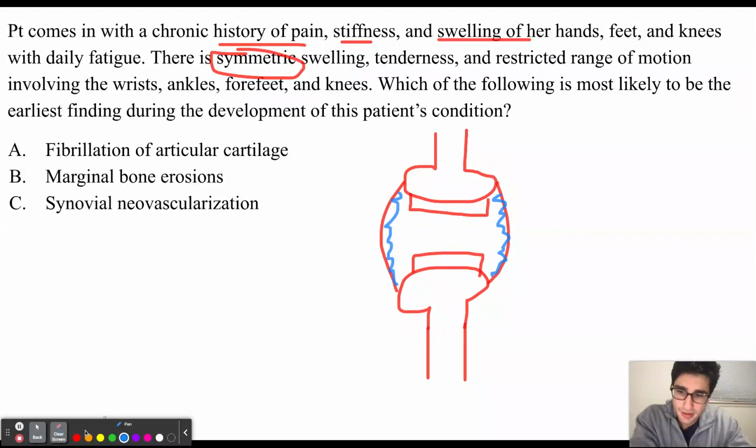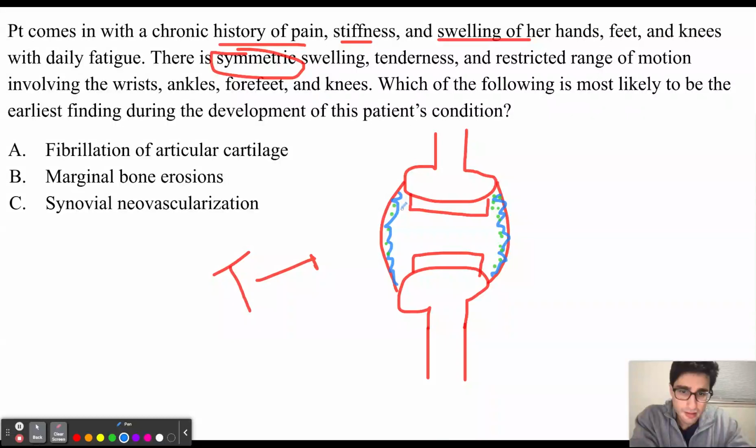Now, the pathogenesis of rheumatoid arthritis is going to begin when T lymphocytes react against the rheumatoid antigen. Now, T cells are going to be releasing cytokines, and these cytokines are then going to cause inflammation of the synovium. In return, we're going to get synovial hyperplasia, and we're going to get an increase in metabolism in this area. Now, with this, we're going to consume a lot of oxygen, which leads to hypoxia, and we're also going to